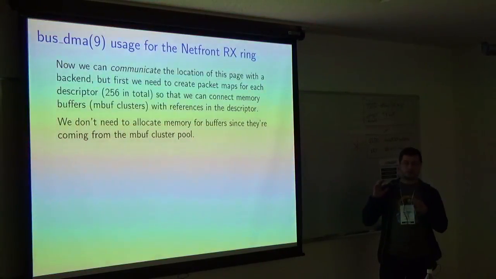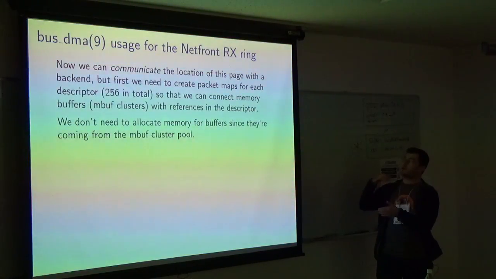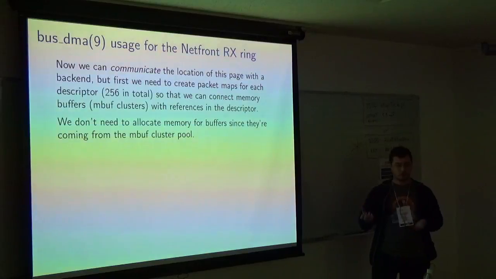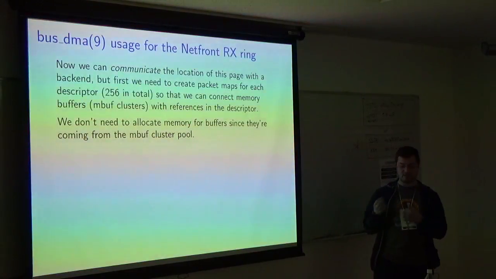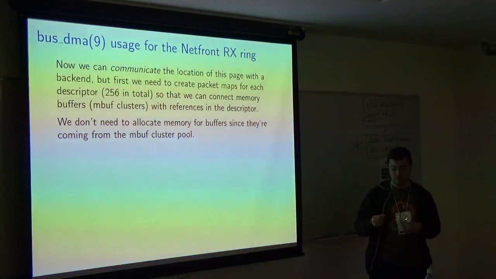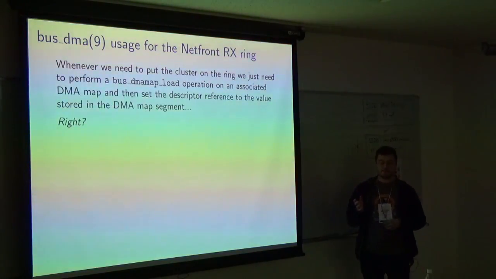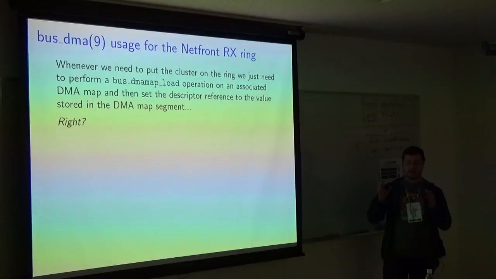Of course, this is not the final stage for RX ring creation. We need to allocate the same structures, well, only maps for each descriptor, because each descriptor is normally a cluster in the BSD system. It's an mbuf cluster that we allocate from the pool. But let's say we've done that, and now all we need to do,